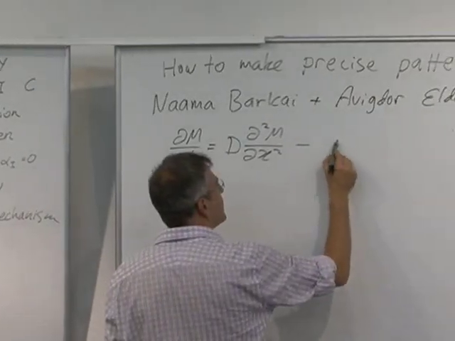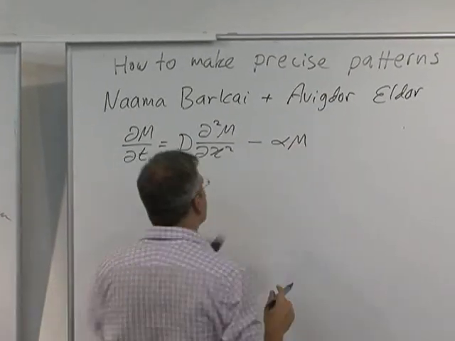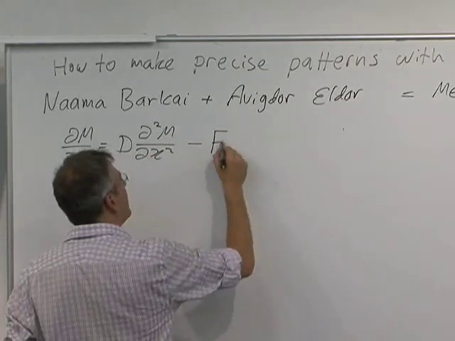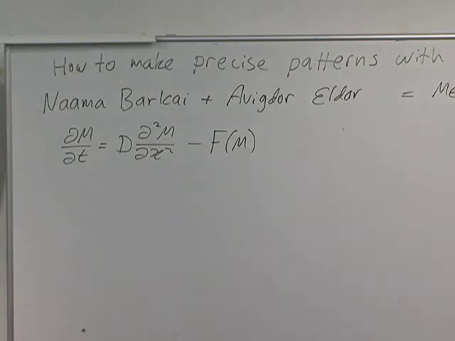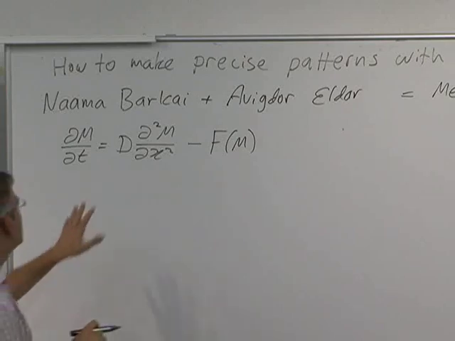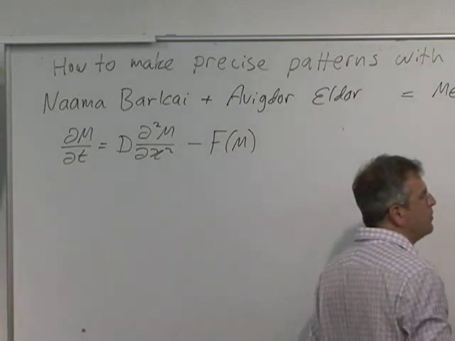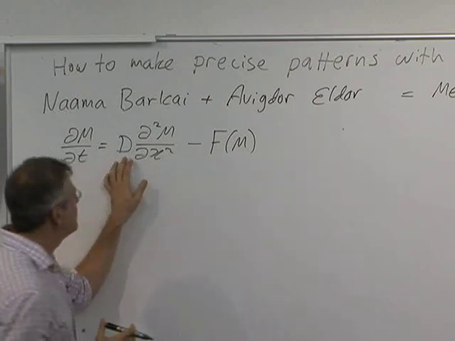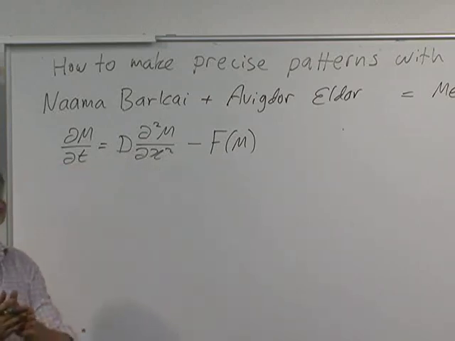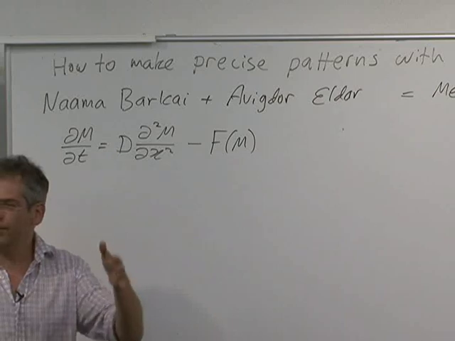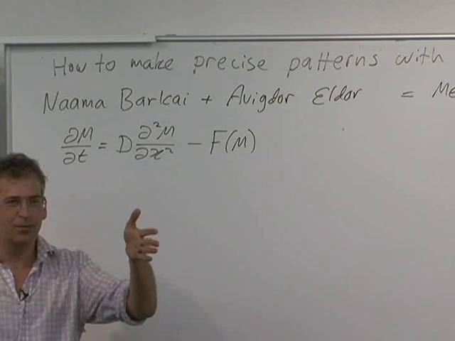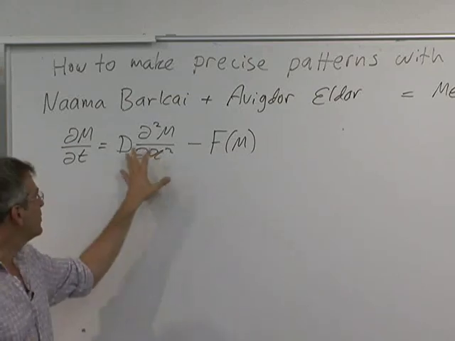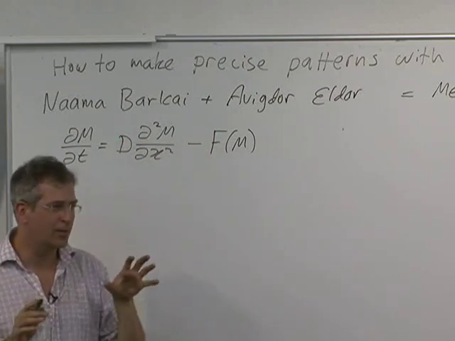But instead of having a linear degradation term, they now allow a more general function, like nonlinear degradation. By the way, there's very few things you can actually play with in this equation, because you can't, for instance, make the parameters depend on space, because the field of cells is initially unpatterned. So the field itself can't depend on the position before you pattern them. So you have to play with the shape of the equations, not with their parameters.